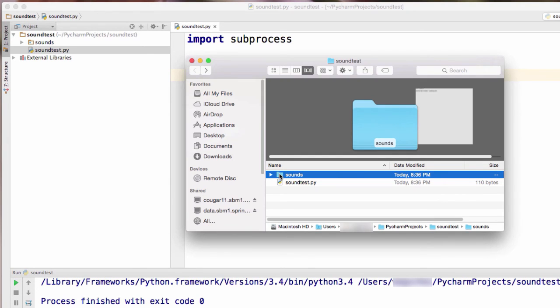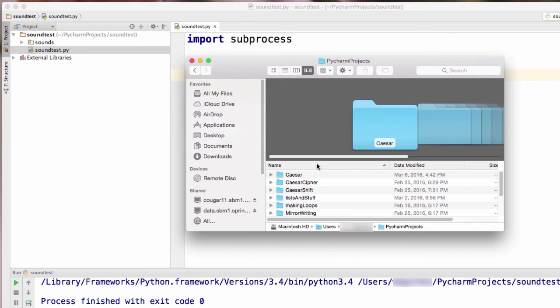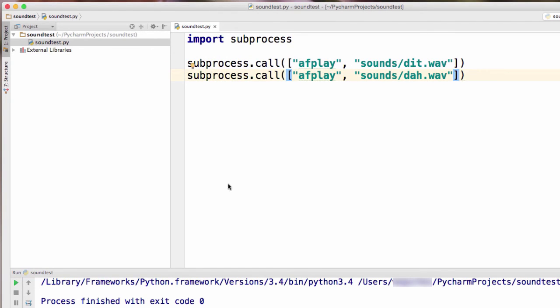So maybe we actually have sounds, we'll just drag this out for right now, maybe we actually have it in here with all of these other things. So we have sounds here now. If we run this, it's not going to find it. Now granted, I have sounds written here in a folder,